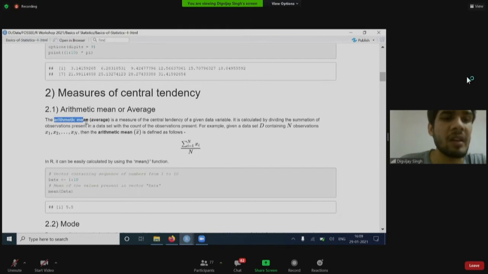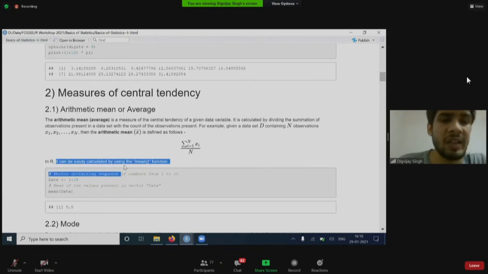One of them is the arithmetic mean, which is a measure of the central tendency of a given data variable. If we have a data set D containing n observations, say x1, x2 to xn, then the arithmetic mean is simply the summation of xi from i equals 1 to n, divided by n.